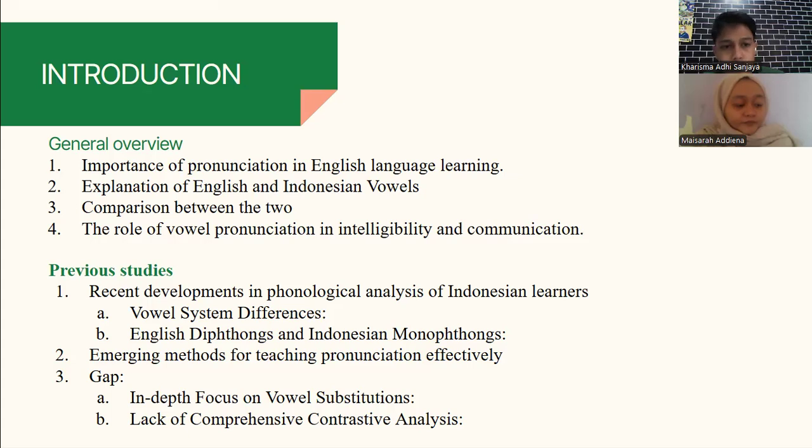The second one is to give the explanation of English Indonesian vowels, along with the symbols, maybe, since we are talking about phonology here. The third one is comparison between the two, between English and Indonesian vowels. And the fourth is the role of vowel pronunciation, intelligibility, and communication.